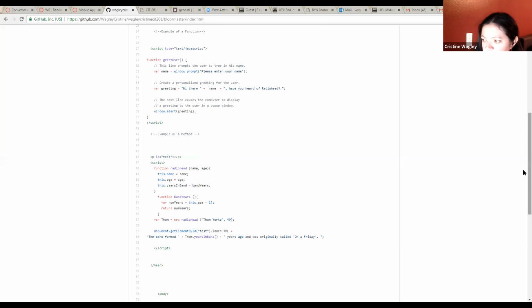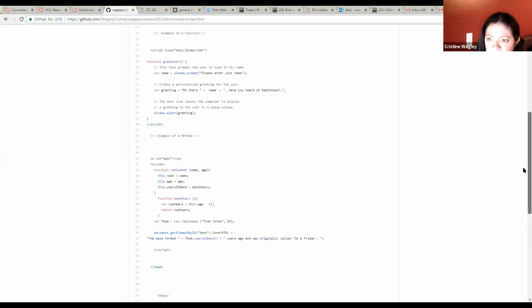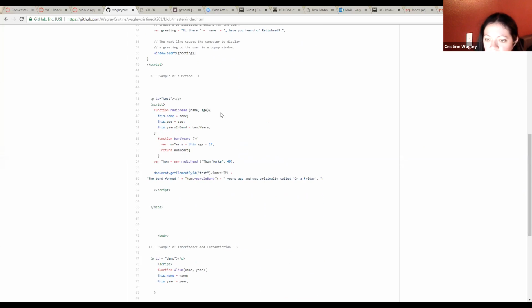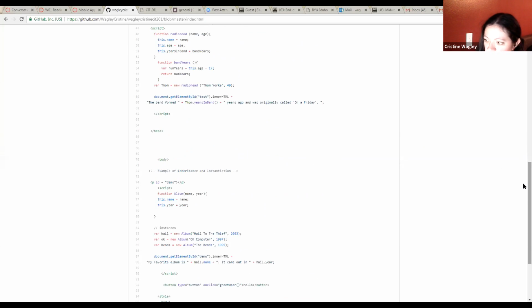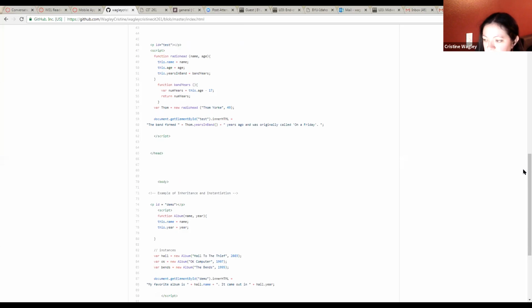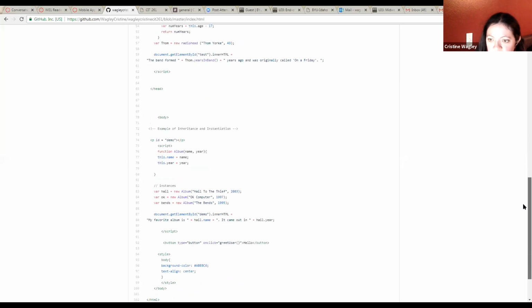The method that I used here, I pretty much just used information about a band that I listened to for all of it so that it just stayed on topic. And for this one, it is a mathematical equation that's pulling his age and subtracting a certain amount of years from it to show how many years ago his band started. And it's really easy to change and manipulate whatever you want for your own code.